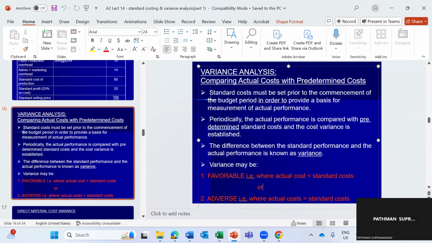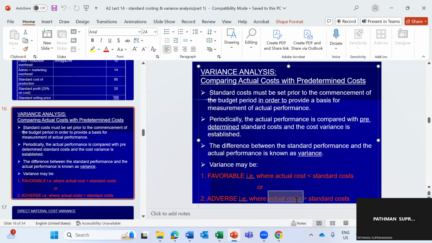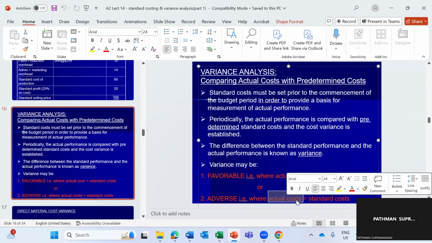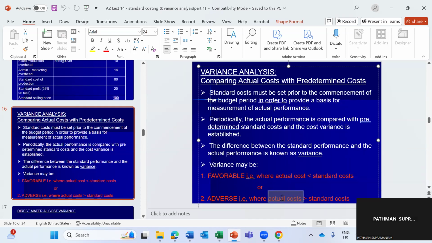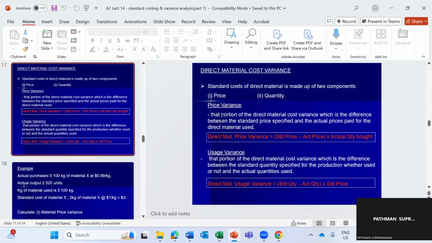So it's favorable. On the other hand, if the standard cost is supposed to be $10 and the actual cost is higher than that, say $12, that means we have overspent by $2. So your answer would be $2 adverse. So make sure you write the word favorable or adverse as appropriate, not just the figure, not just the difference. Okay, now let's start with